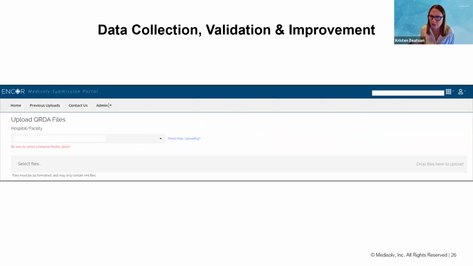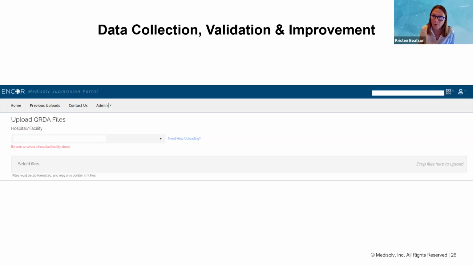So as you start thinking about this, I'm assuming you all already have been thinking about this, you want to make sure you have a method to review those results in advance of submission. So hopefully you can improve upon them, or at least understand where the gaps are and why they're occurring.